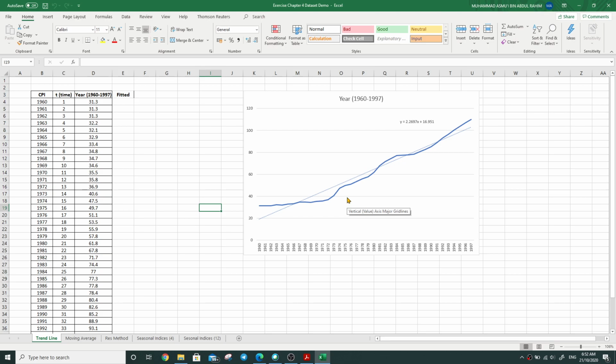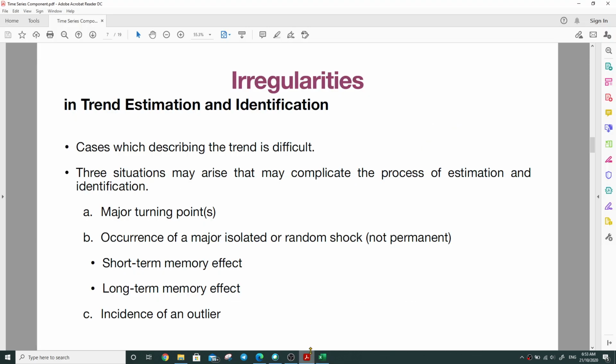It is easy if, as an example here, there is a very significant upward trend, undeniable. When we plot the graph, it is undeniable that it is an upward trend. But what if it is really hard to determine whether our general trend is upward or downward? Because sometimes there are irregularities components in our time series that affect